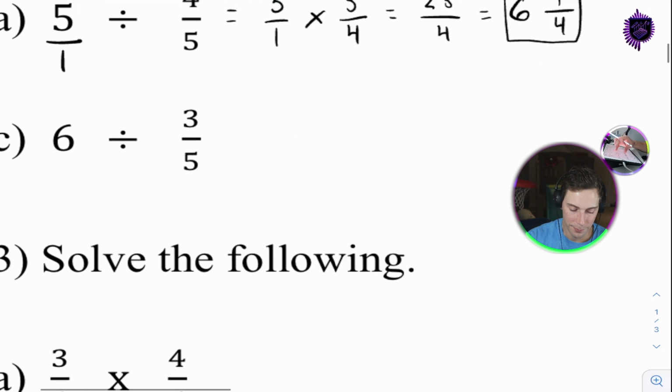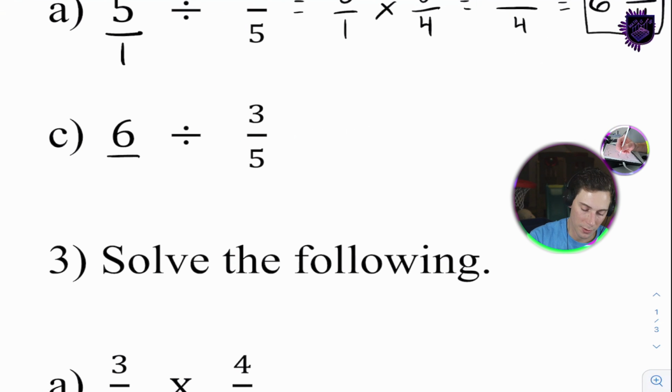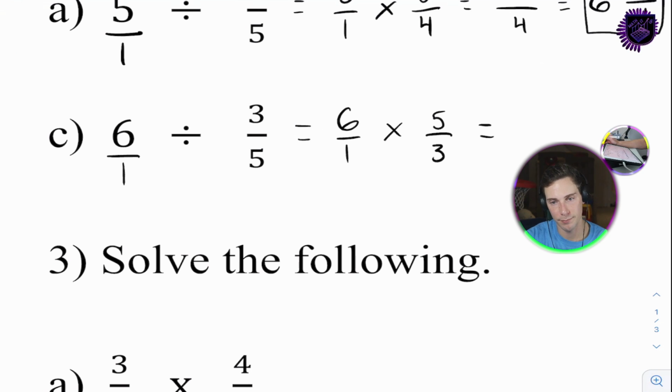Question 2C. Let's write this over 1. Let's write our equation, right? We do keep, flip, change. We keep our 6 over 1. We change our symbol to multiplication, and we flip our fraction, our divisor, to 5/3, and we're going to multiply across. And this time I'm going to remember,